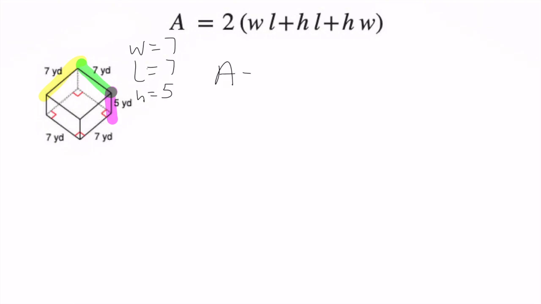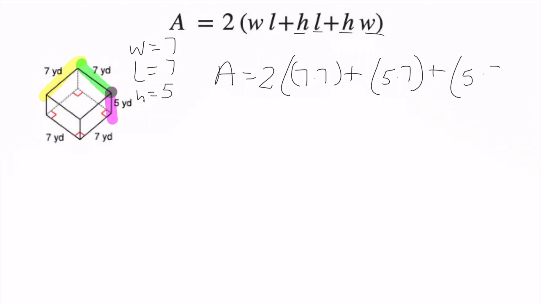So surface area equals 2 times our width times our length, so 7 times 7, plus our height times our length, so 5 times 7, plus our height times our width, so it's 5 times 7 again. So this will give us 2 times 49 plus